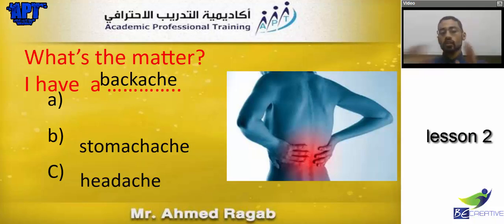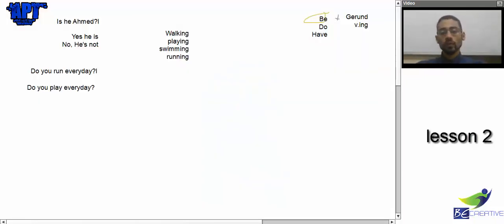Okay, so let's go back to our explaining. Now, we agreed that when we have a question about present simple, I use two things: is with non-action, and with action I use do or does. Okay? So let's try to